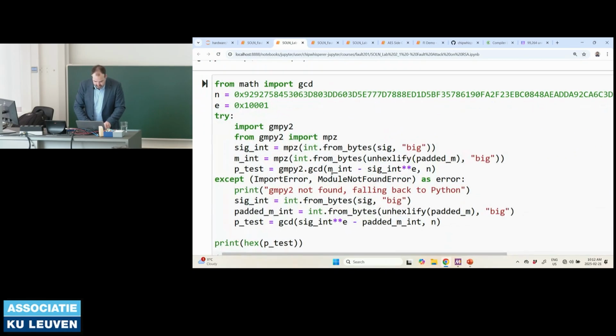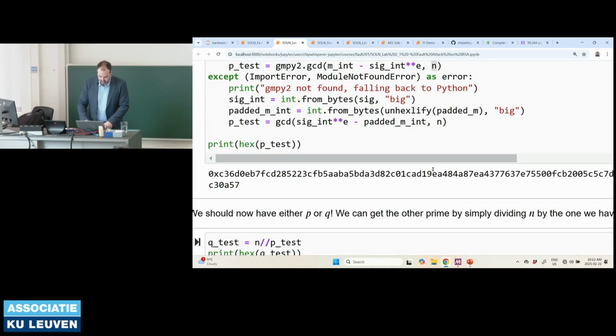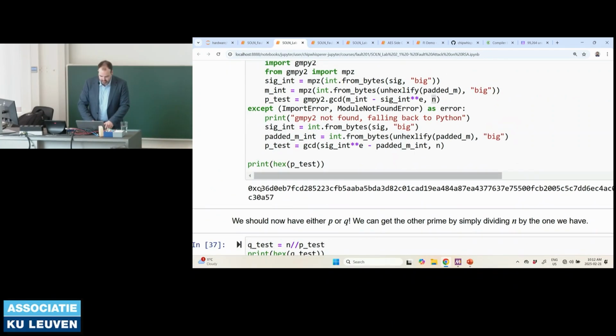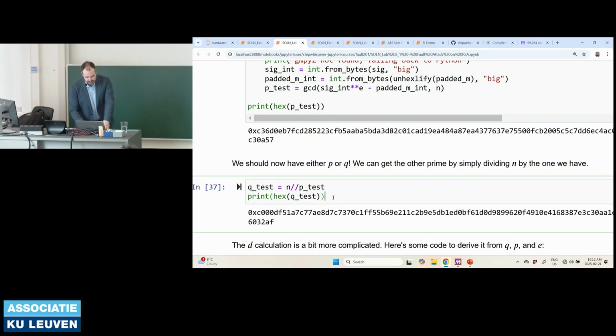Okay, so all this is doing here, the try except, is just two different ways of doing it. There's a faster library that's figuring out the greatest common divisor between the n value, which is always known, that's not a secret, and our message, our incorrect signature. And almost right away it returns one of the values, either P or Q, we don't know which one. And then we just divide n by that value to get us the other value. So now we have what we think are the two P and Q